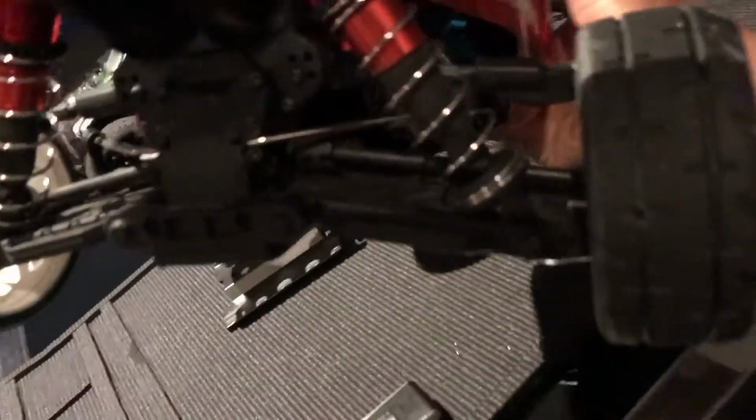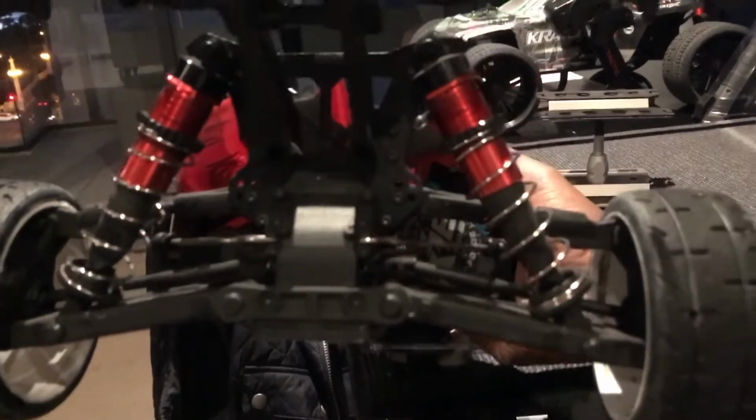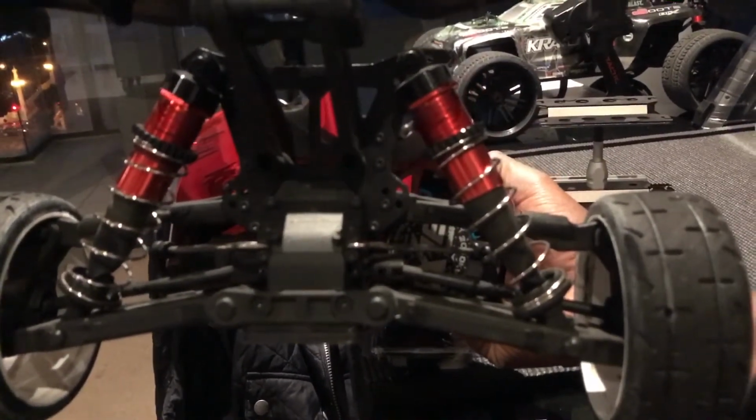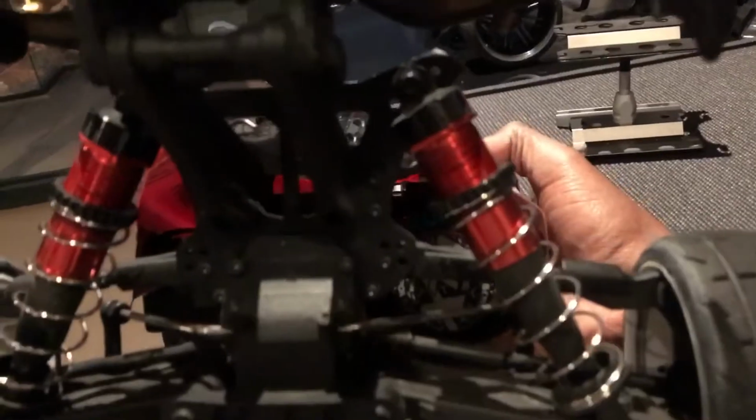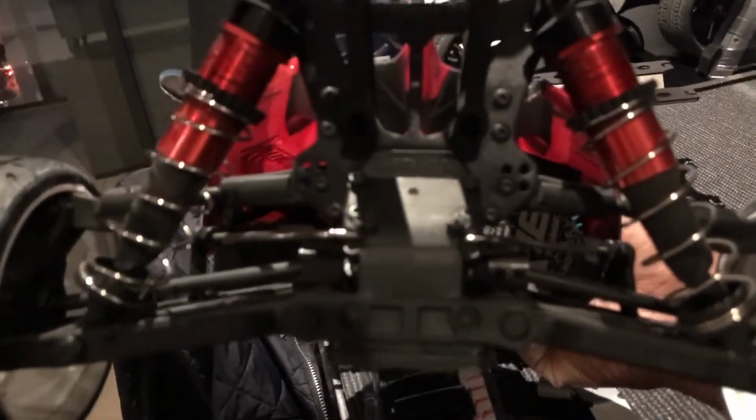So what I've done is, I don't know if you can see here, but on the back of the rear differential, there is actually a small screw and a plate. All right, I think you can see it better now. That plate on the back, I'm going to prefabricate a little aluminium plate that can go